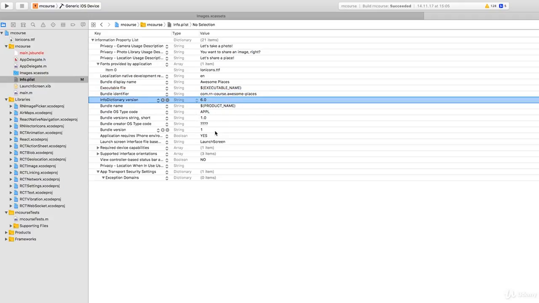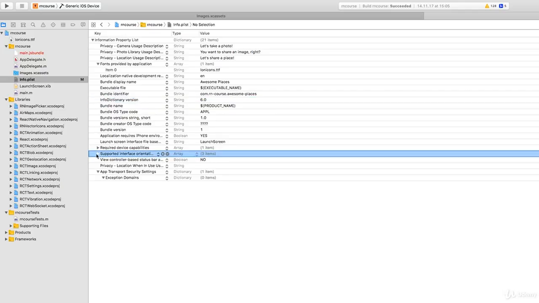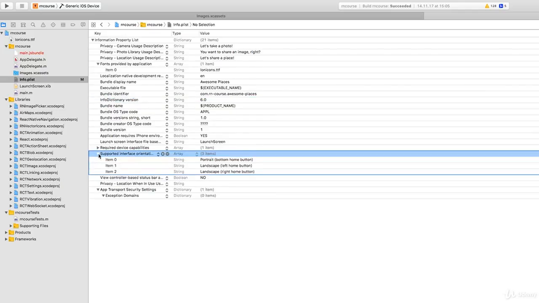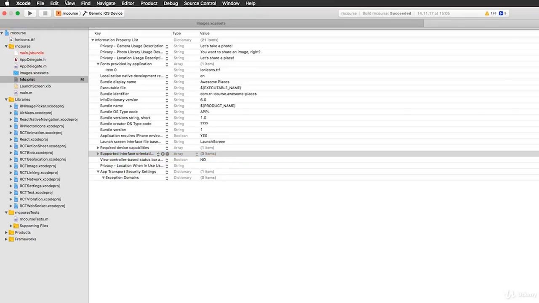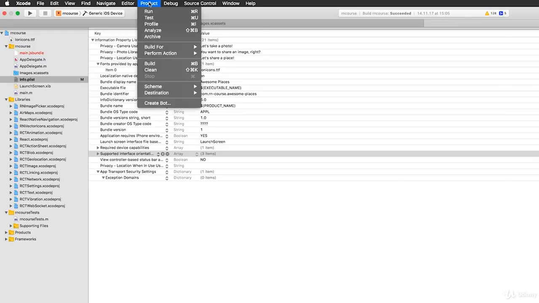Thereafter, you can see if you want to restrict the device orientations. So you supported interface orientations. Right now everything is supported here. And so on. So here you can configure your app for iOS. Once you're done with all that, you can go to the menu and then Product, Scheme,